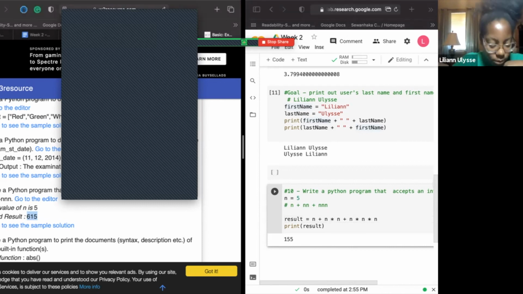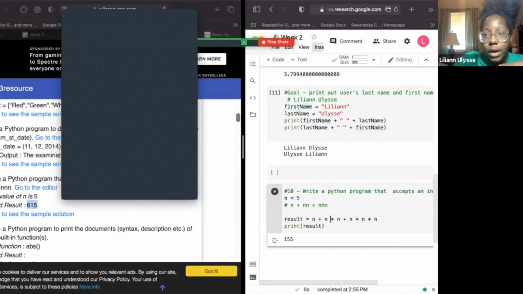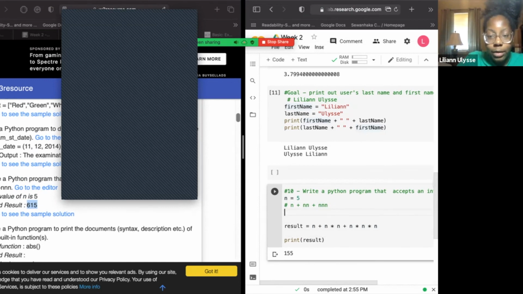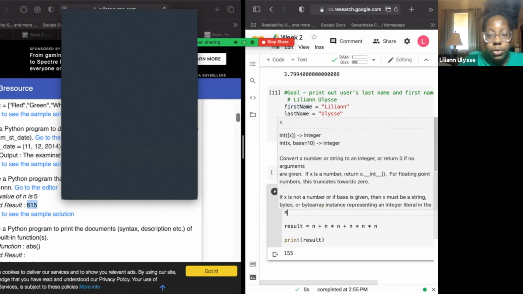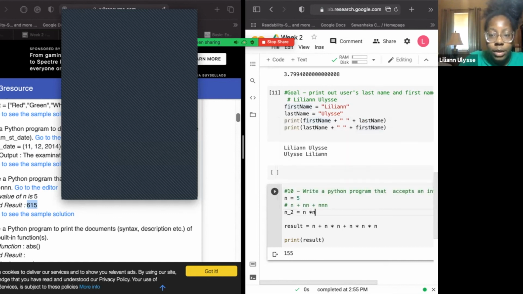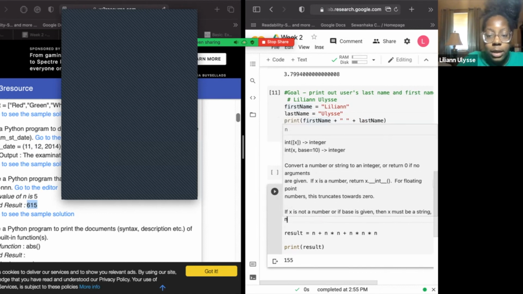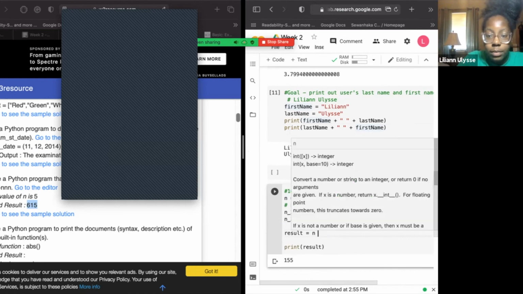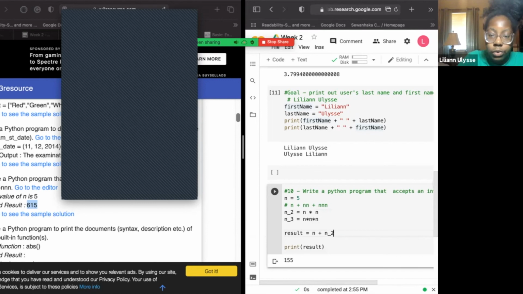So anyone else have an idea of how to do it? All right, so I guess since we're running low on time, I'll show you how I would do this. So I would say maybe n1 or n2, I'll just have n times n, just to make sure Python itself wouldn't get tripped up on all the different operations. And n3, so when you do it for result, n plus n2 plus n3, and then once you print the result,